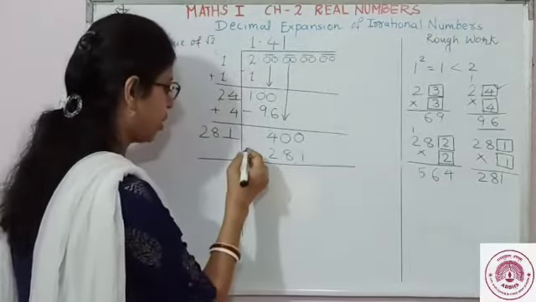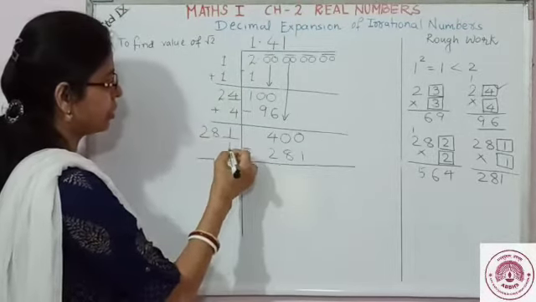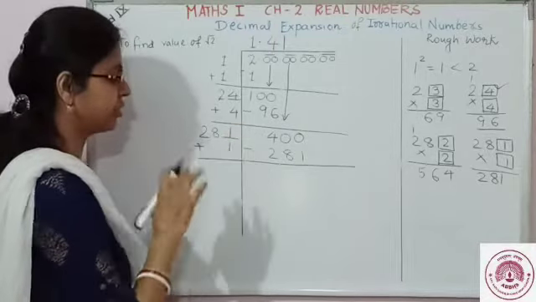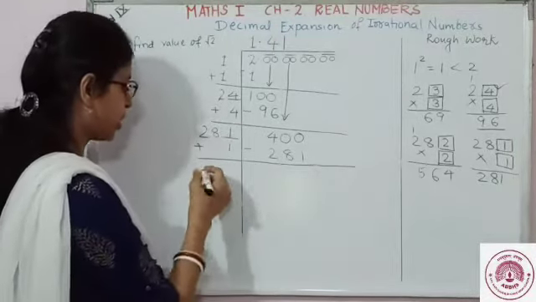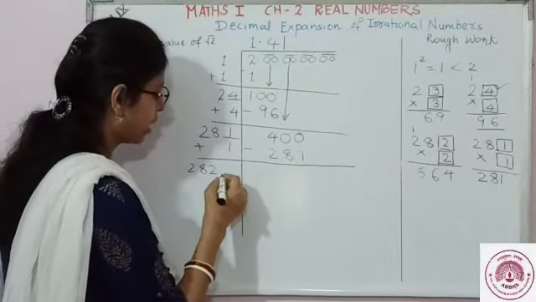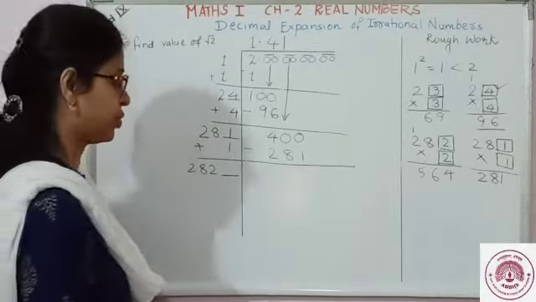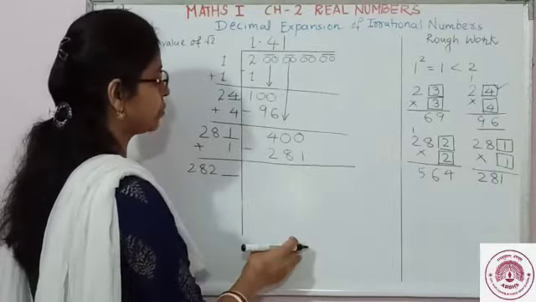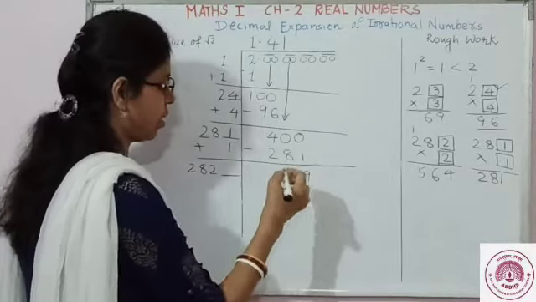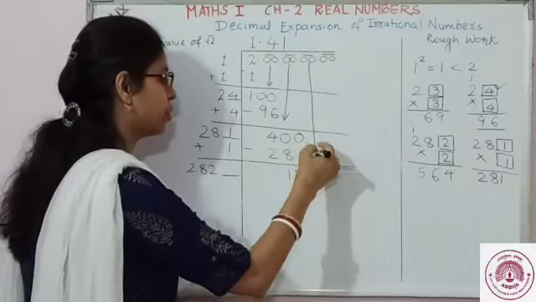281 multiplied by 1 is 281. So on the right hand side we will subtract. On the left hand side the same digit will be added. So what was the digit here? 1. So we have added the digit 1. So let's find out the addition. 282. Again leave some place for the next digit. On the right hand side we will subtract. So 10 minus 1 is 9. 1 and 1. So 119. We'll bring down the next pair of 0.